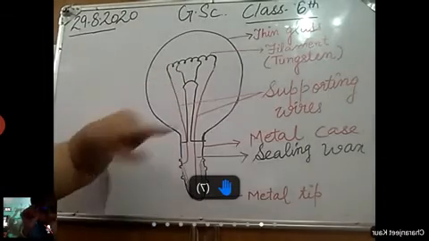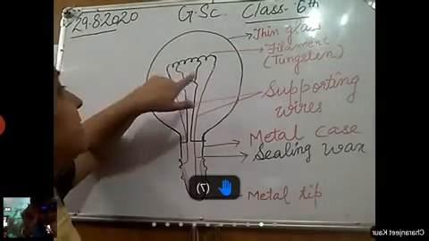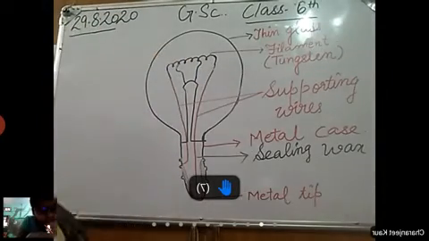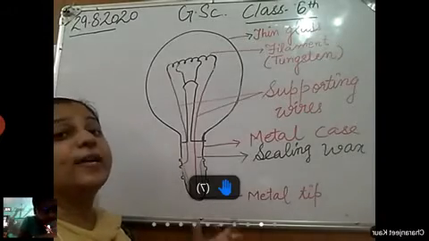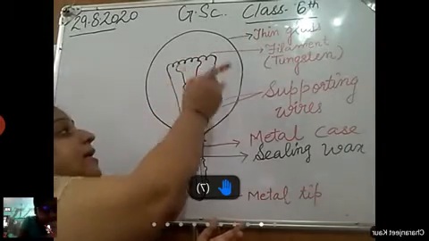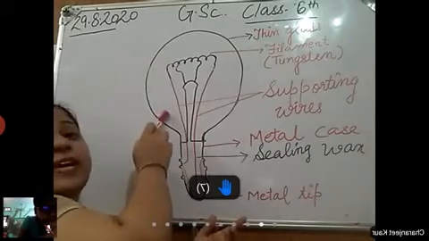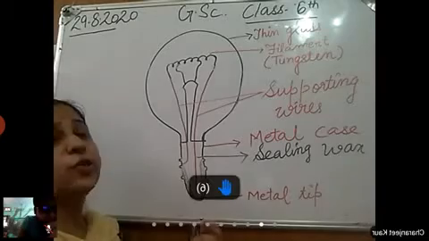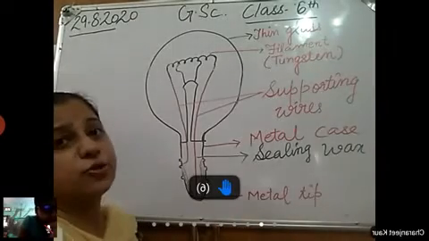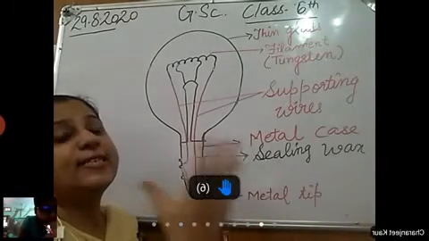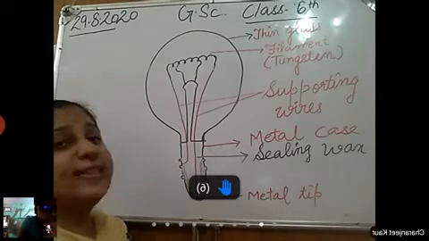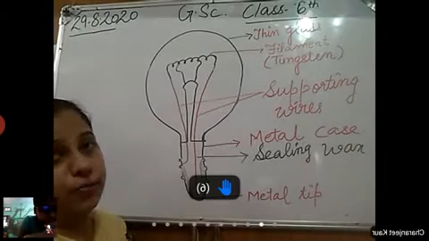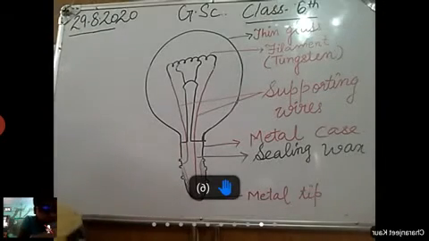So, when current is passed, this tungsten gets heated up. This tungsten has a property that it does not melt, it glows. So, when it glows, this light is seen through this transparent glass. Very fine quality, thin transparent glass is used from which light can pass through. Glowing of tungsten is seen through. Right? In this way, you can see the light. Light is visible to you. Is that clear?